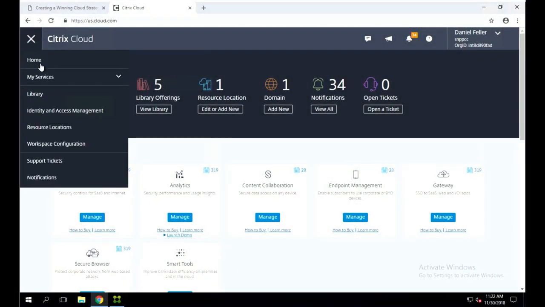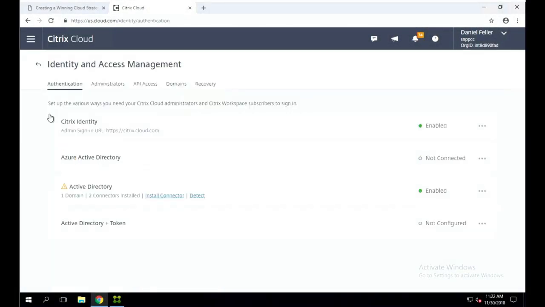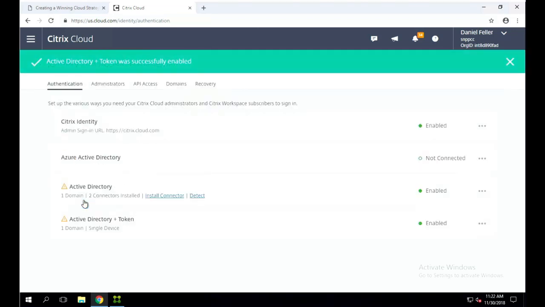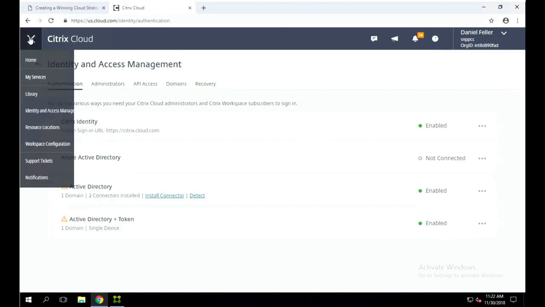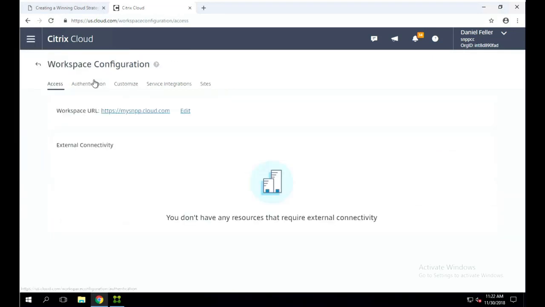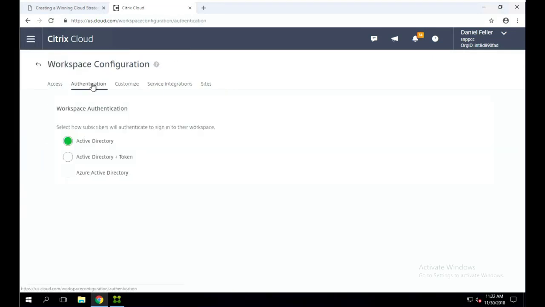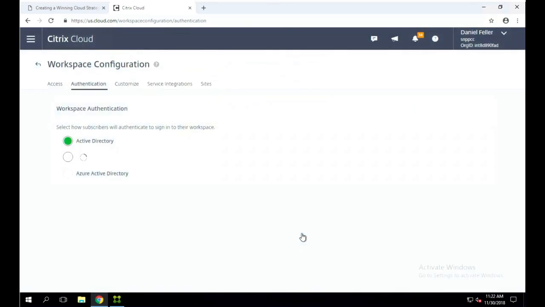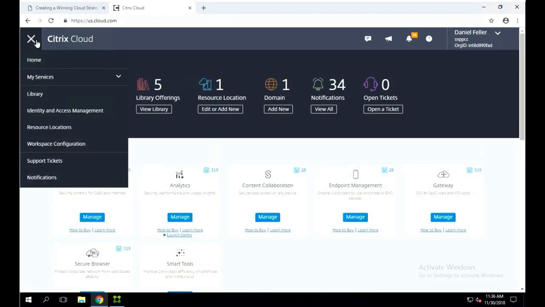So within Citrix Cloud, what we're going to do is in the identity section, there's a section here, Active Directory and Token. So go ahead and turn it on. So this is basically saying we will allow this within the environment to authenticate. It's one of our approved authentication methods. So for this particular workspace deployment, now we're going to go ahead and turn it on for all the users. So basically, it was 2 radio buttons that we enabled it. So now,